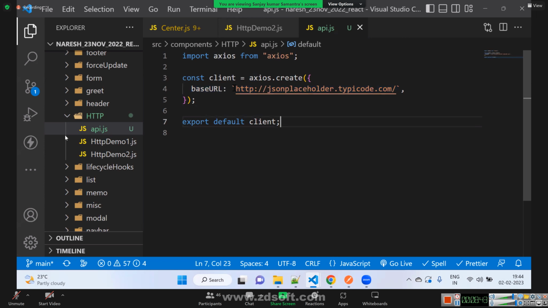From the same URL, if you are hitting users, comments, or todos, there is no need to repeat this much. We imported Axios, we are creating one Axios client using the axios.create method, and the base URL is this one.